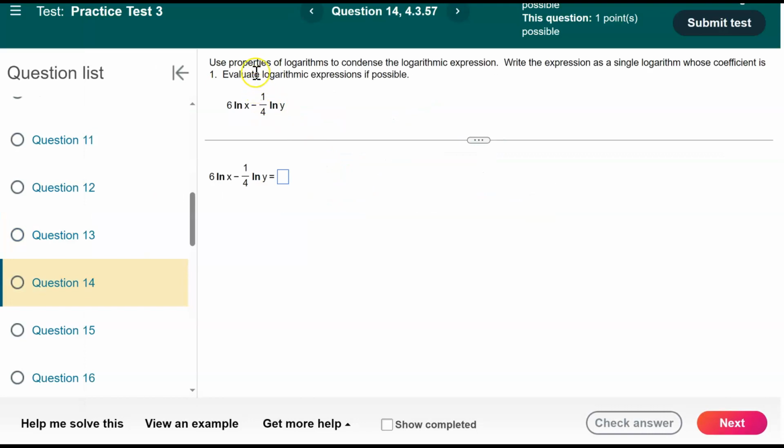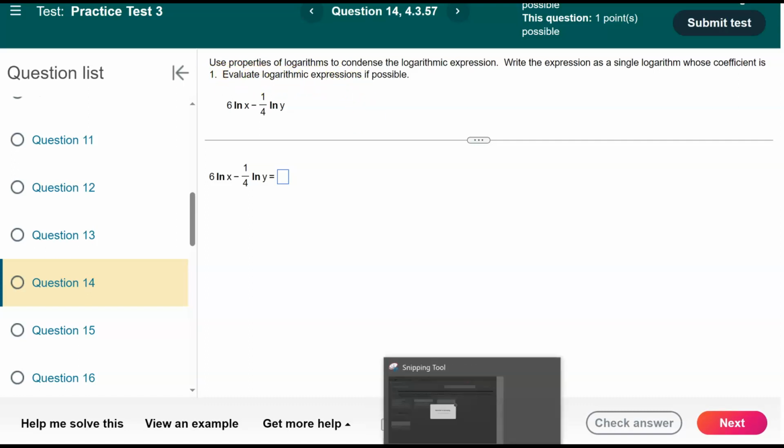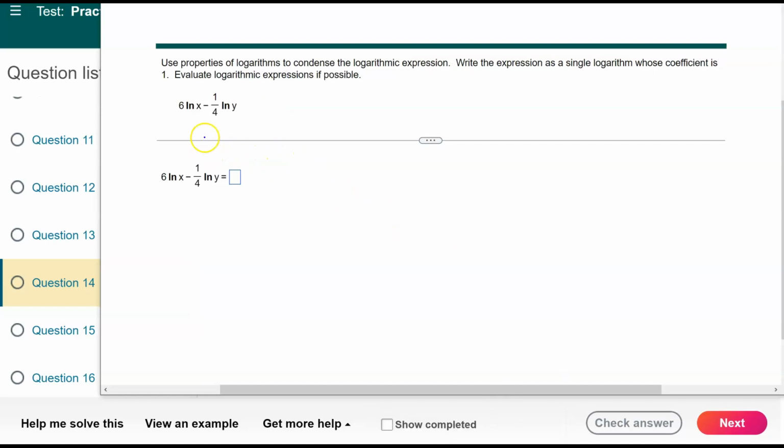Next, we are asked to condense the logarithmic expressions. You're given the logarithmic expression in expanded form. Now we are going to condense it. Write the expression as a single logarithm whose coefficient is 1. And then evaluate the logarithmic expression if possible. If you could simplify it, you simplify it. Okay, so here,